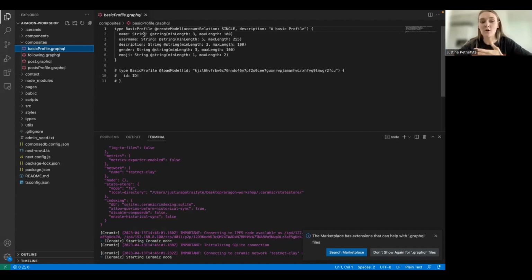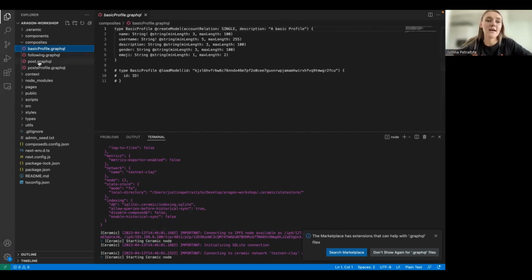In our case, all of them are strings, and you can also define what kind of limitations or requirements a specific field has to meet. For example, here we only have the length of the name field, which has to be between 3 and 100 characters. In other situations, you might want to create relations between the models, as I mentioned. So I have an example for that as well.